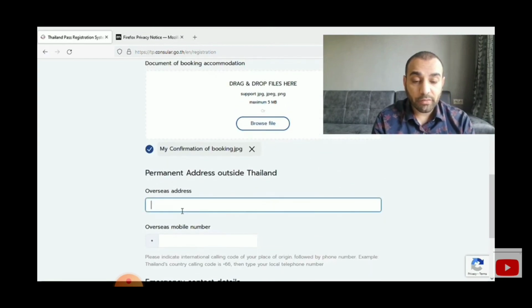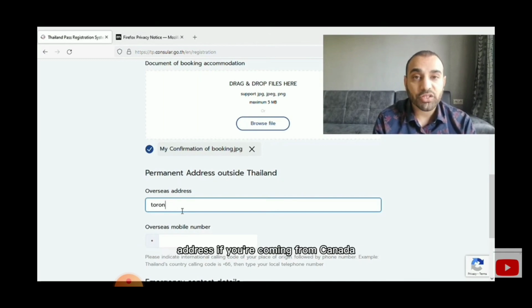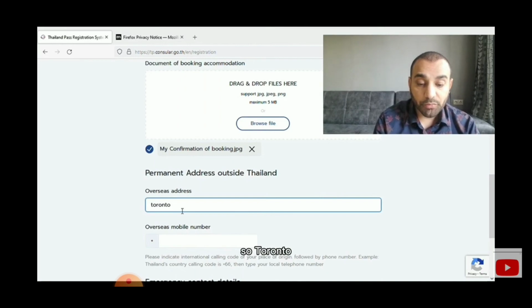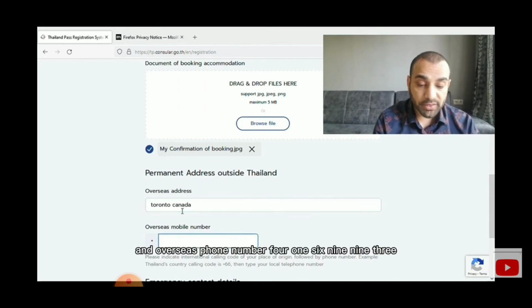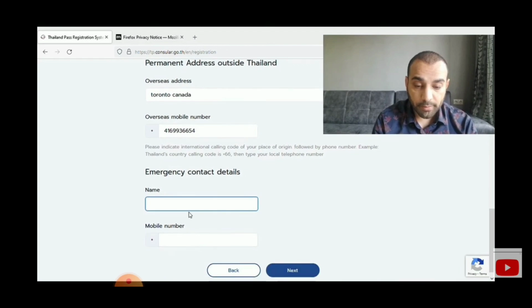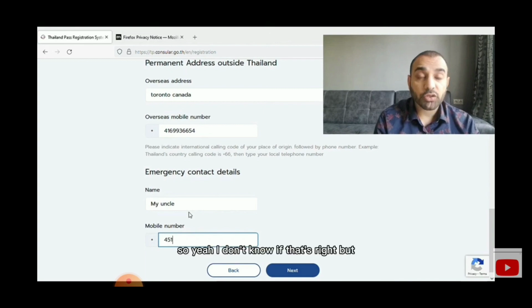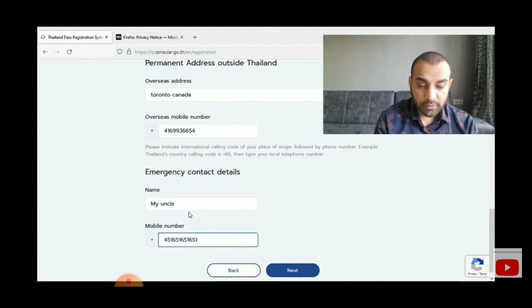Where do you live? So put in the address of your current or your permanent address. If you're coming from Canada, I put my Canadian address, or whichever country you're coming from. Not the address in Bangkok, but your home country address. So Toronto, Canada, and overseas phone number 416-993-6654. And emergency contact, my uncle, his phone number is... So yeah, I don't know if that's right, but